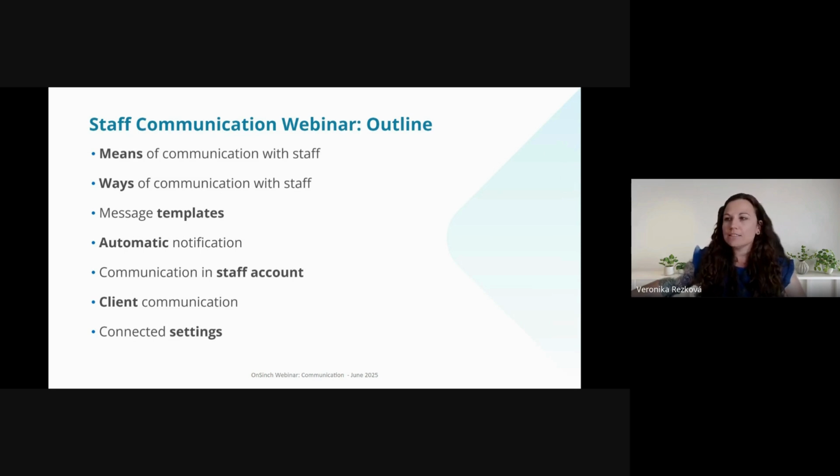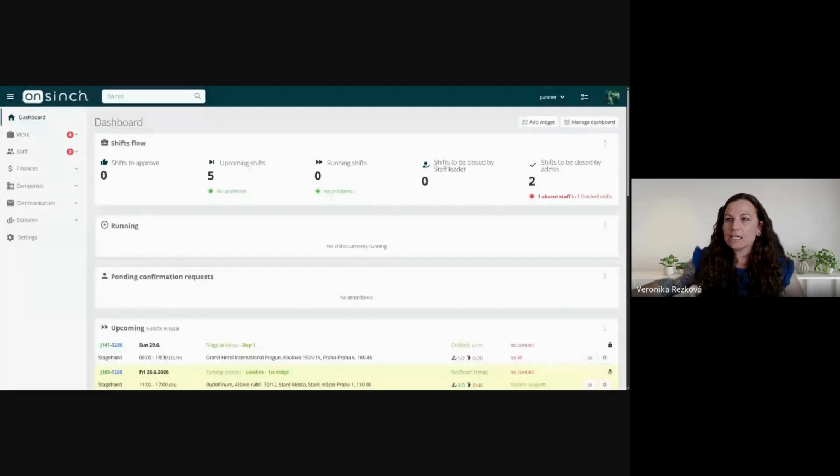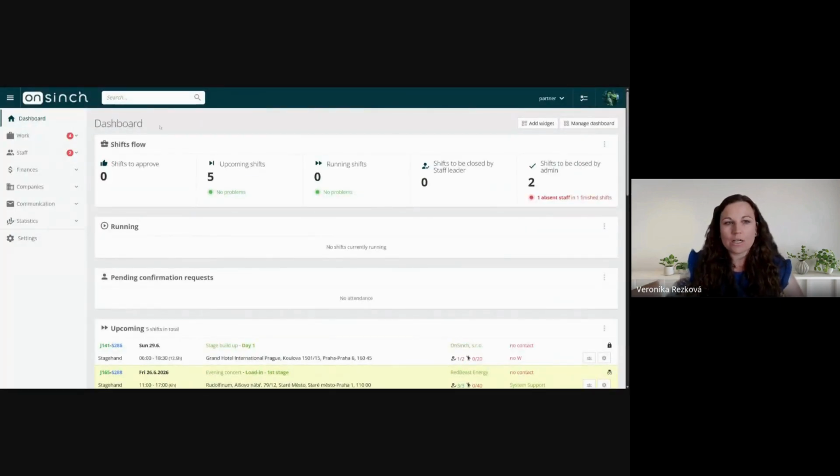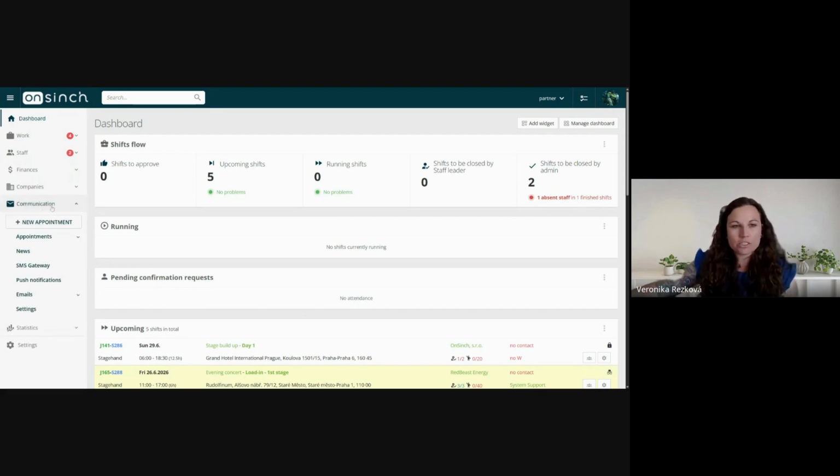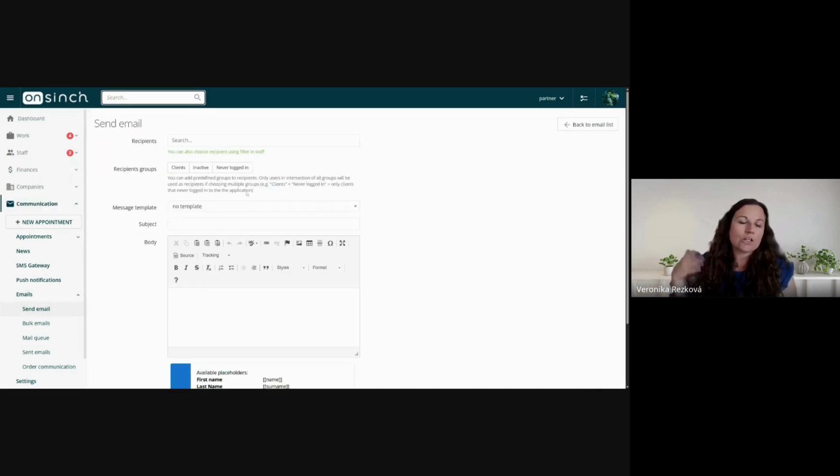So let's get started. As usual, I will share with you our system. First, let's take a look at all of the options you have. Let's go here in the menu to the communication tab. And first, I have to mention, are the emails. As you know, you can send an email from the system to one person, to the whole database, to a selected group. The emails are sent from